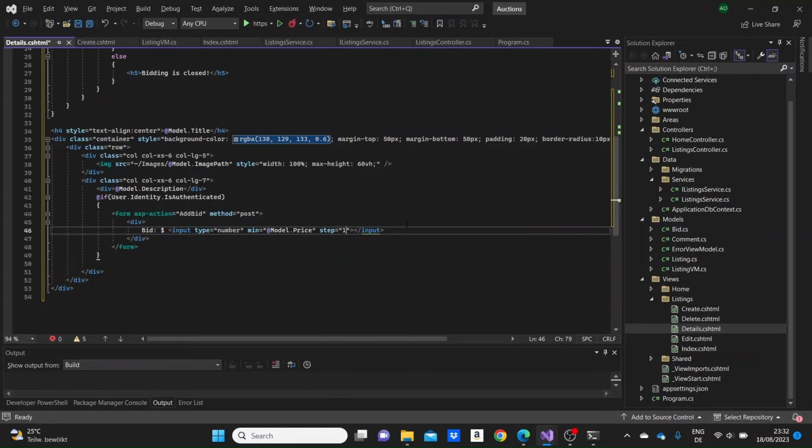And this step equals 1 just means that there's an option with the arrows to increase or decrease the price by 1. And the name equals price. We need this for when the form will be submitted. And in the placeholder, we actually just store the model.price